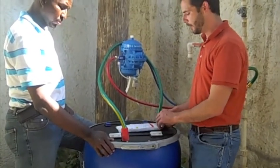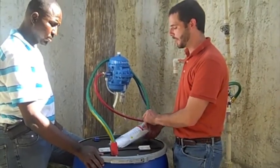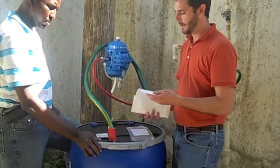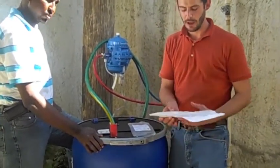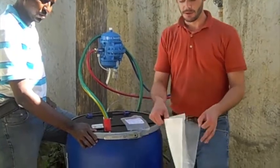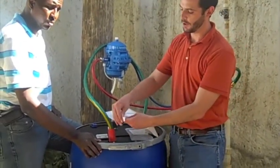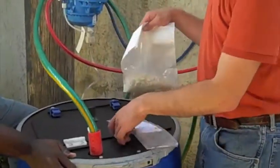I also have here part A of the two-part system, just to show you what's actually going to go into the tank. And this is a Tyvek bag that contains the first chemical in here. And to it you add a part B. You just open the Tyvek bag, dump in your second chemical. There's a tape seal on here that you pull off, seal it up, shake it a bit,